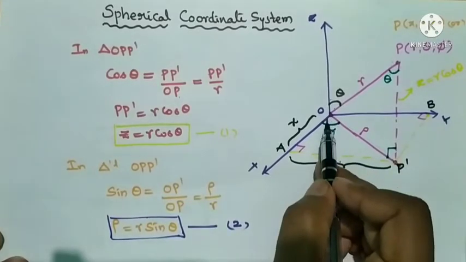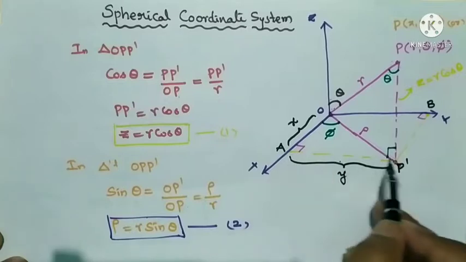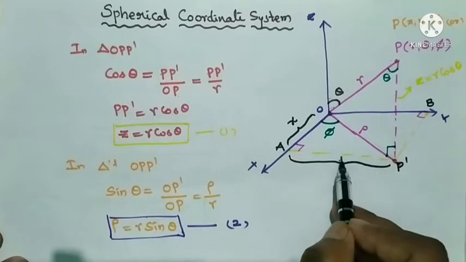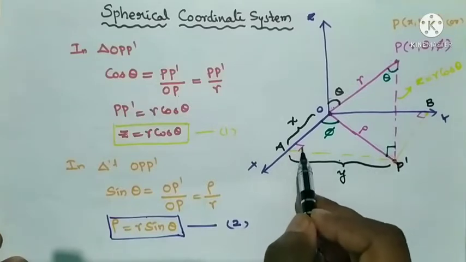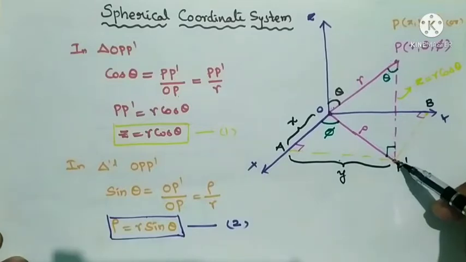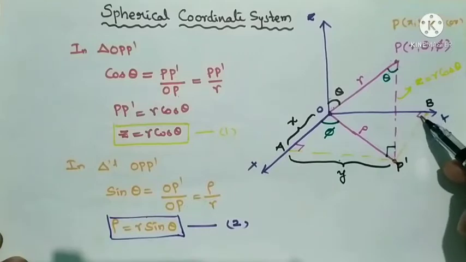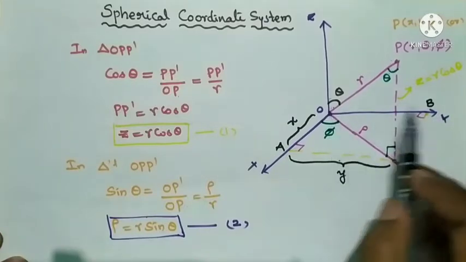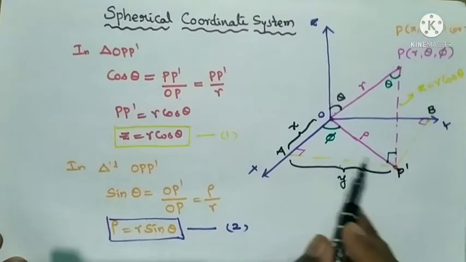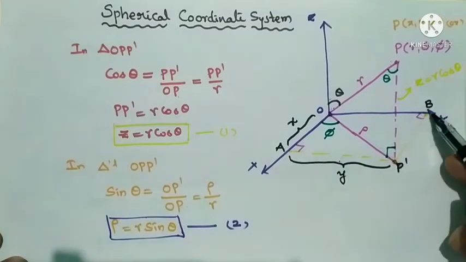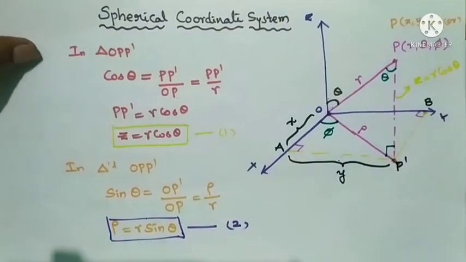And I am using another triangle. This is OAP prime. So this projection, P prime here itself, and from this position we draw a line perpendicular to the x-axis. This is perpendicular. In the same way from the P prime, we can draw a line perpendicular to the y-axis also. So that makes an angle of 90 degrees. And this OB is equal to y, and that is also equal to AP prime. And OA is equal to x, that is also equal to P prime B.